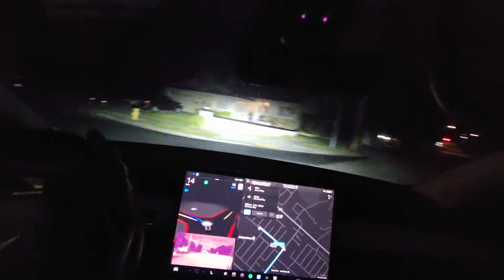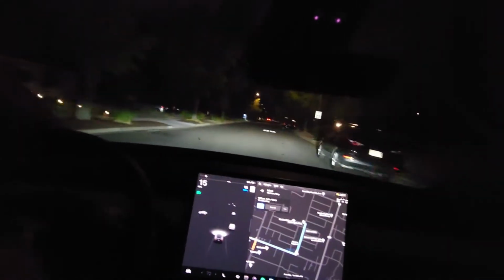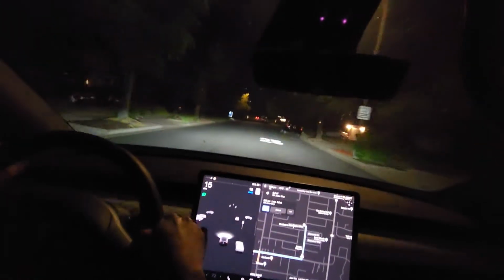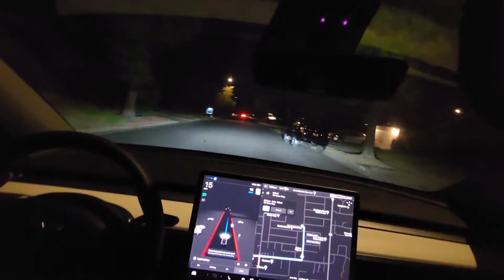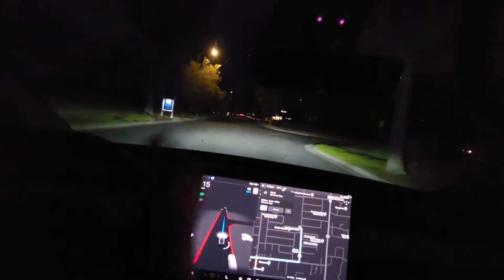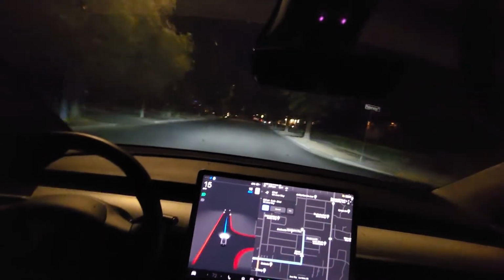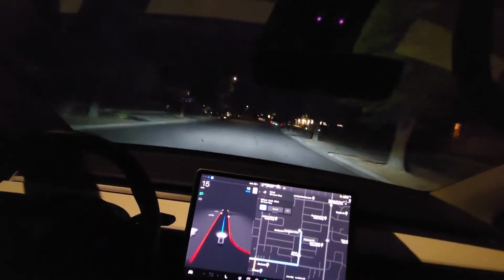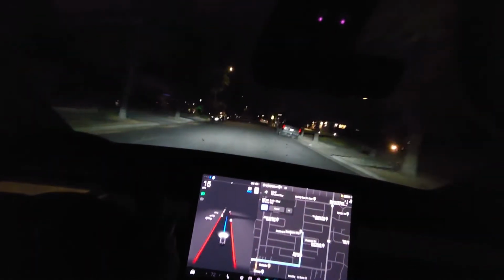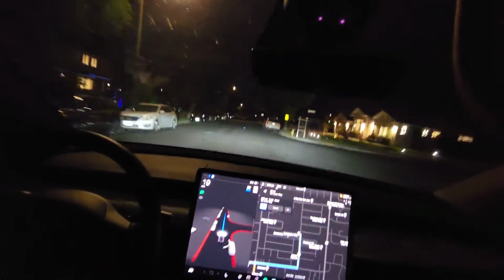Oh my god. The way it does these turns, it's like violent, man. And not only that, but it's jerky. It's not a smooth thing. It's like it's not sure. So yeah, pretty crazy. All right, anyways, I'm almost at my stop,